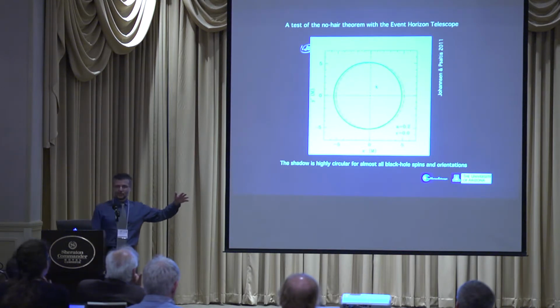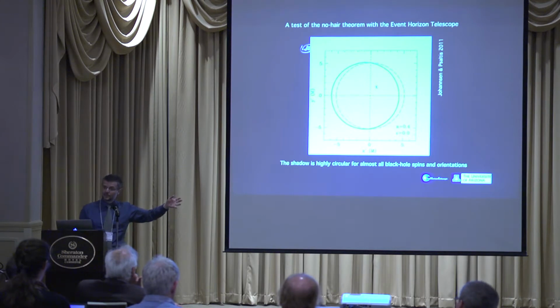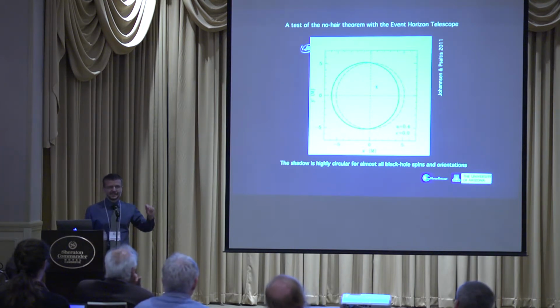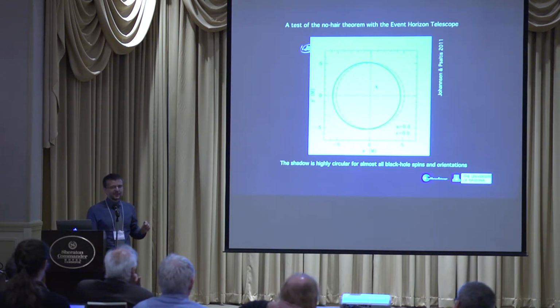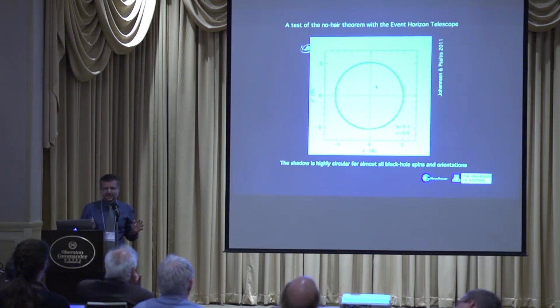This is horrible news if you want to measure the spin of the black hole with this method. There might be other ways to do it with the Event Horizon Telescope that you're going to hear about tomorrow. But it is a great null hypothesis test for general relativity. Because we effectively have no free parameter,